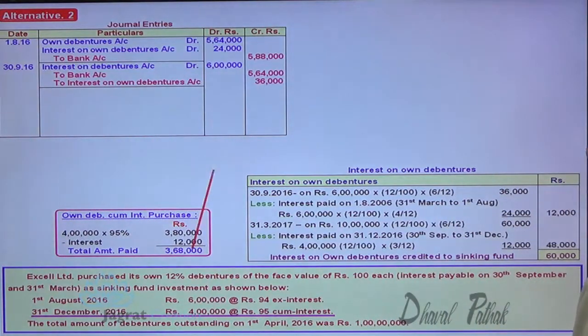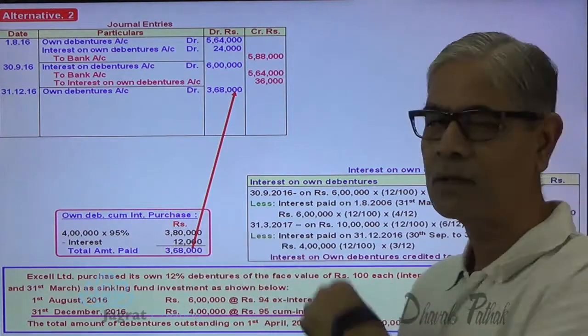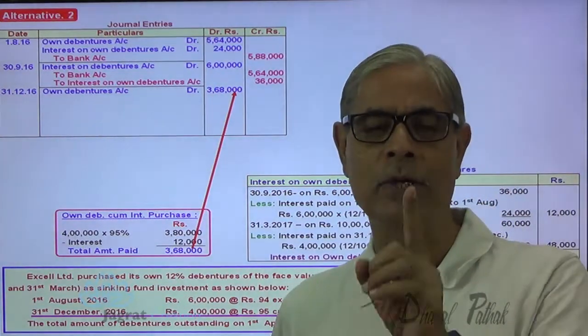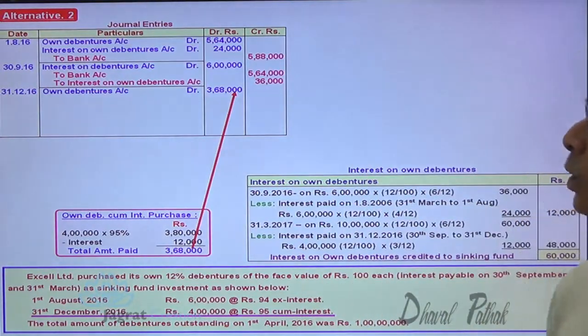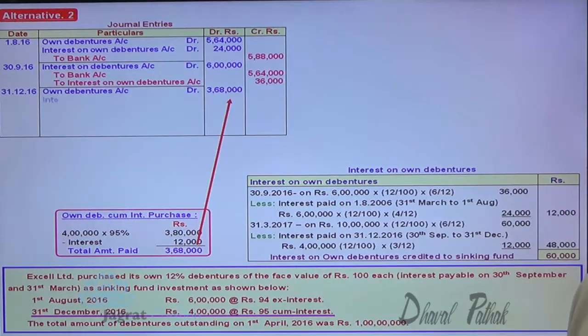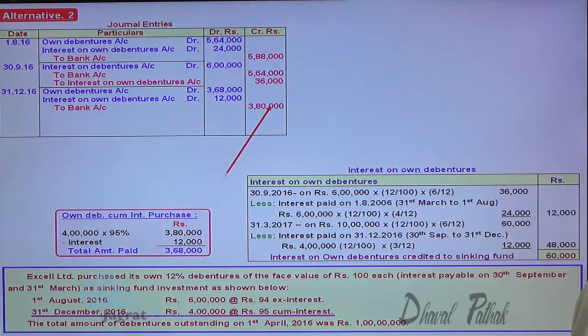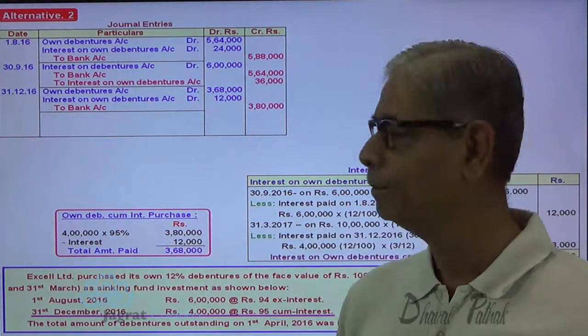So own debenture account debit 3,68,000. Now this 12,000 interest paid, I don't debit to interest on debentures account. I debit that to interest on own debentures account. So interest on own debentures account debit 12,000 to bank account credit. Now on the interest date,